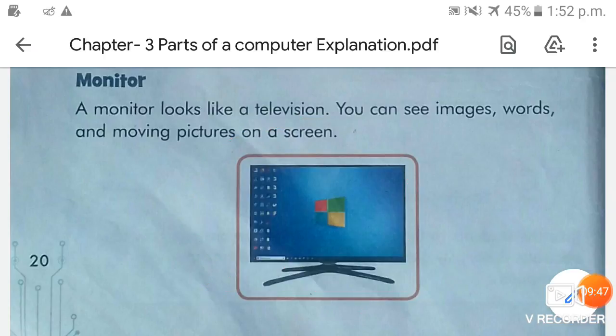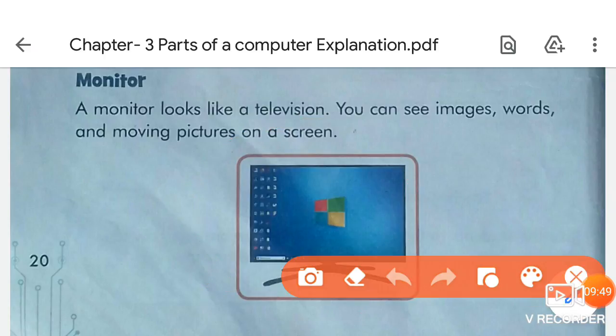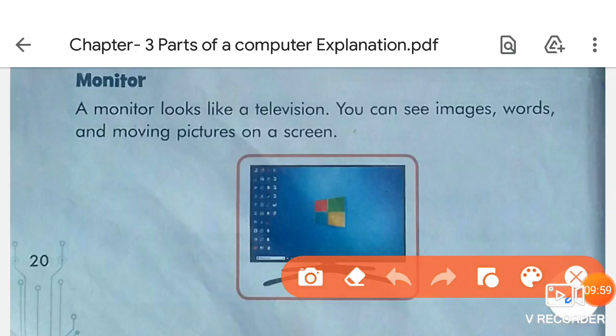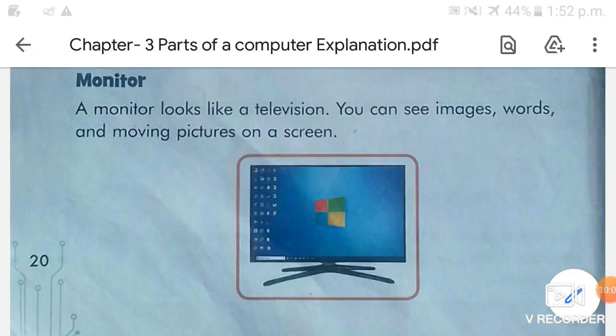A television has a tuner to change the channel, but a monitor has no tuner to change the channel, okay? And there is also a difference between the screen quality of a television and a monitor.